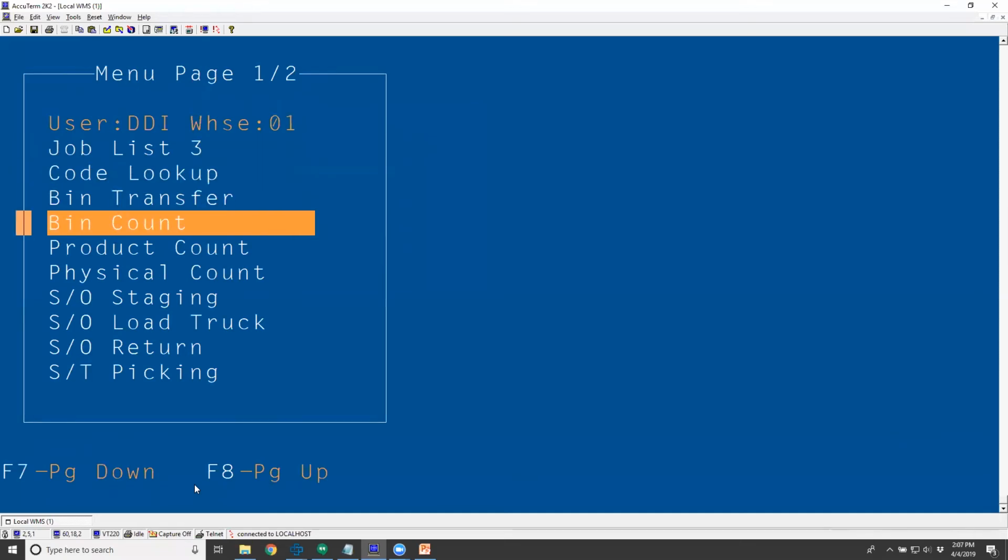So I think the bin count makes a lot more sense in a WMS environment because we do have real-time inventory. So why not have real-time cycle counting? The only limitation right now is that you would have to tell us which bins you want to count. We do not have a bin count scheduling system. However, that is on our roadmap, and it's something that we're hoping to launch maybe by the end of this